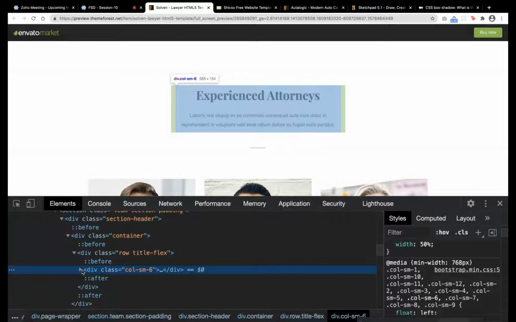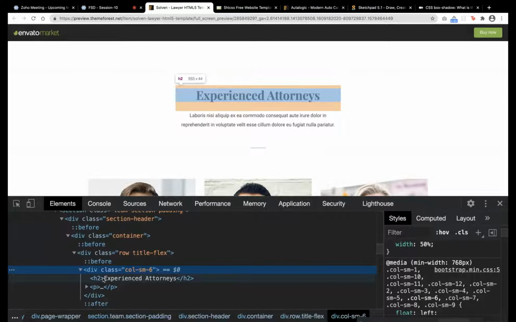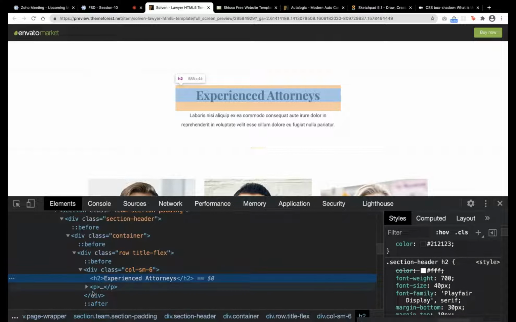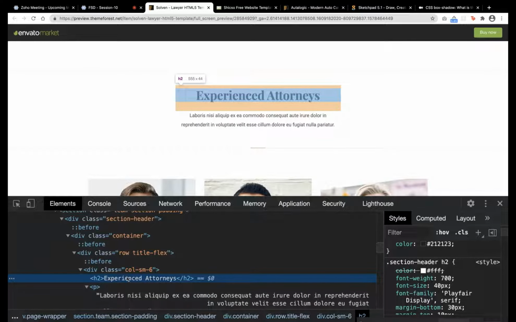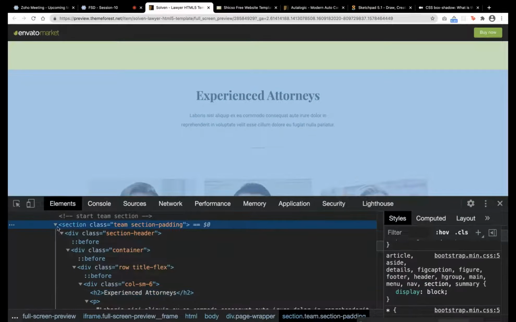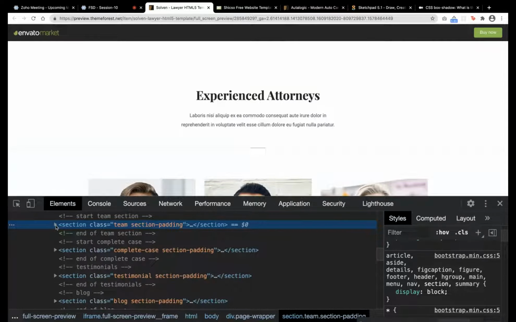This column, please don't mind for now. And then H2 tag, and then this is a P tag. Yeah, I haven't seen this before. I'm opening this, but I know this is how the developer will do it. If you go to the worst website, they may do it differently, but 99% of developers will structure it like this, and then they will code.